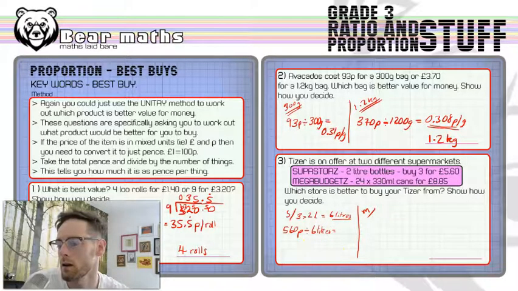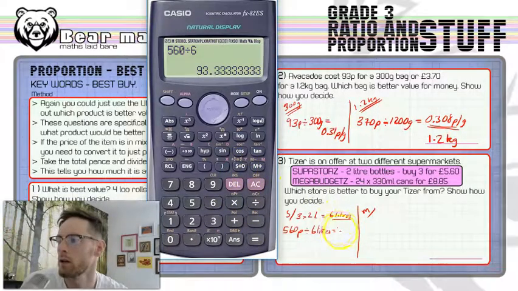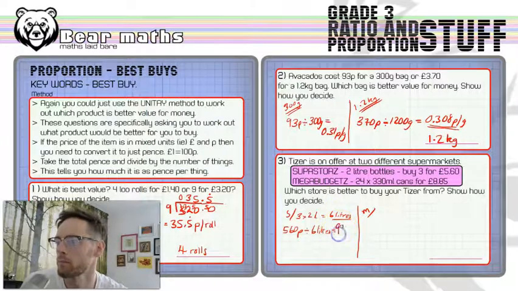All right, so let's get our calculator in and do that. 560 divided by 6 gives 93.3 recurring